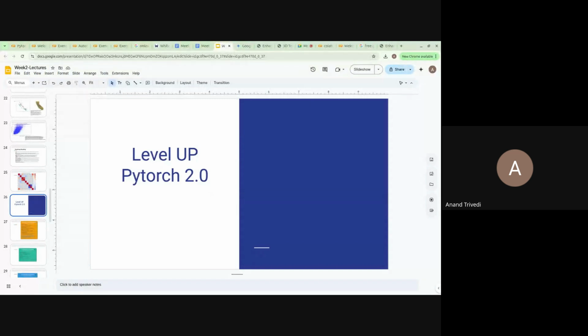Now, a lot of discussion is supposed to happen in this section. PyTorch 2.0, why not 1.0? We'll come to that also. But first, it is important to understand what PyTorch is, what it does, and why PyTorch, why not others? What are the other options available as of now, and when should we use them? All of those different things we'll be discussing in this section.